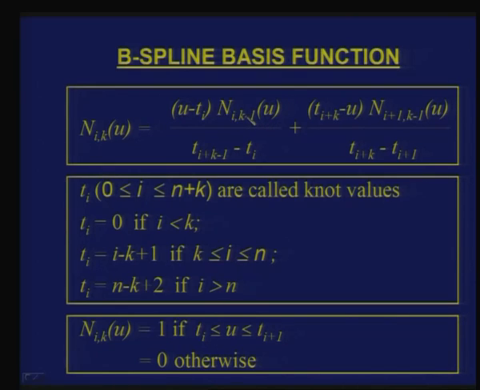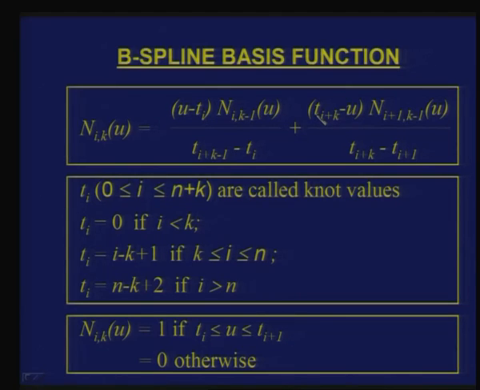So, this is a recursive function, and we know that recursive functions can be very easily implemented, particularly when it comes to programming. So, that is one reason you can say that the B-spline curve evolved out of the availability of computers. Otherwise, the manual calculations would have been more difficult for different situations. And another thing is, all these are functions of u. Okay. You also see that there is another term coming in the equation, which are t's.